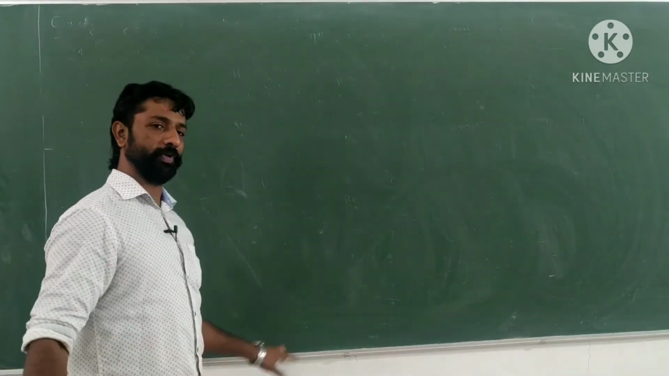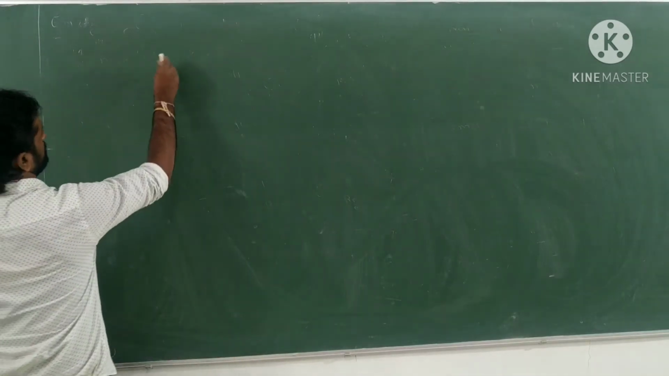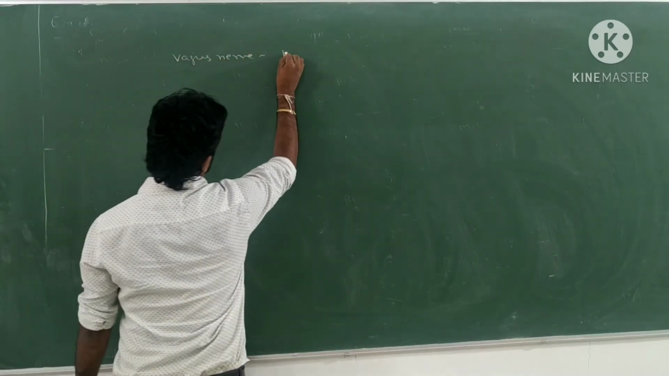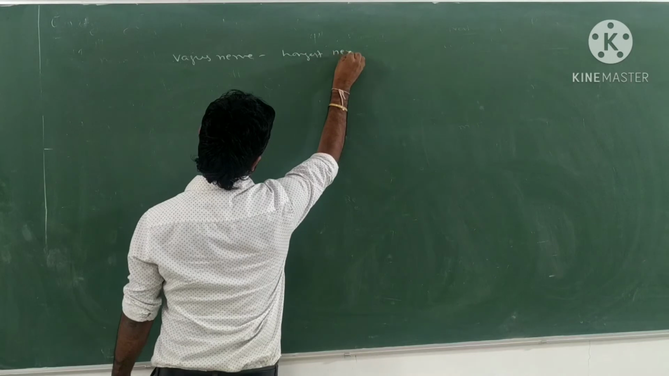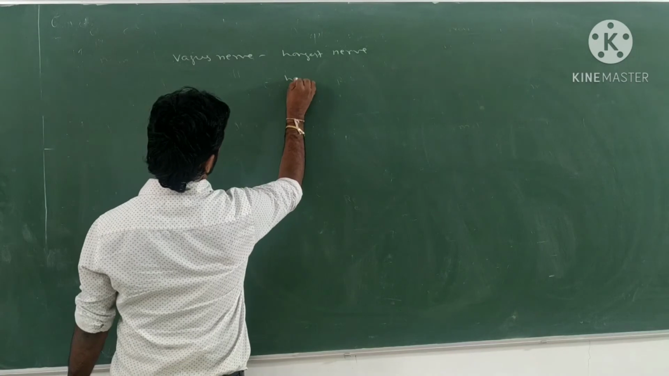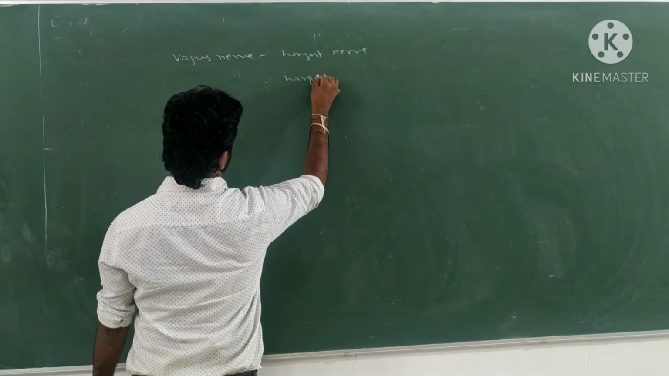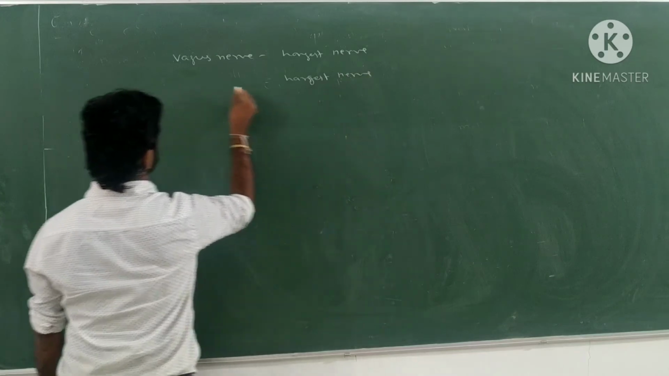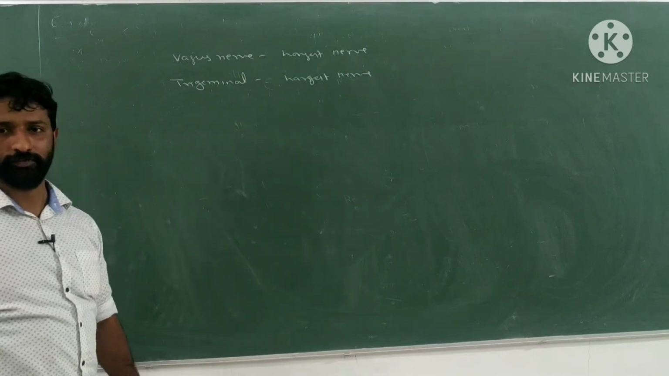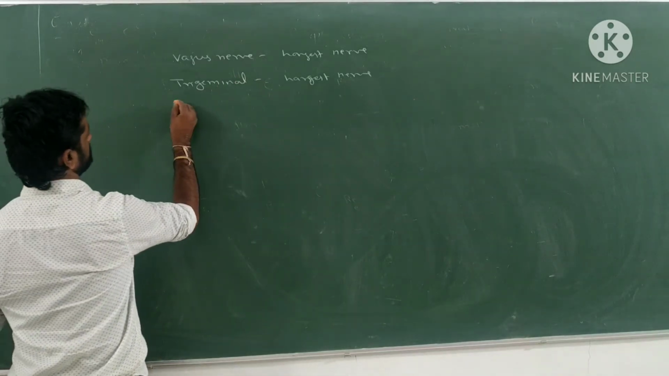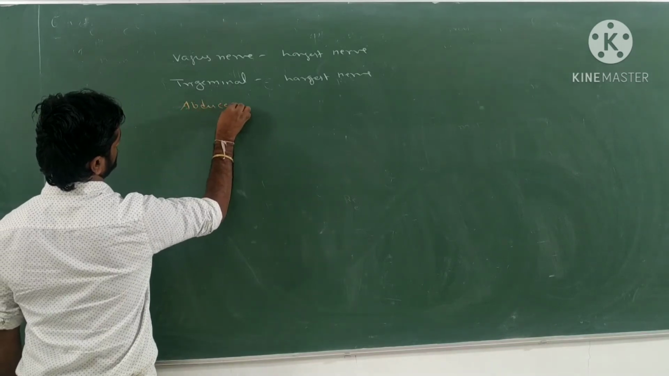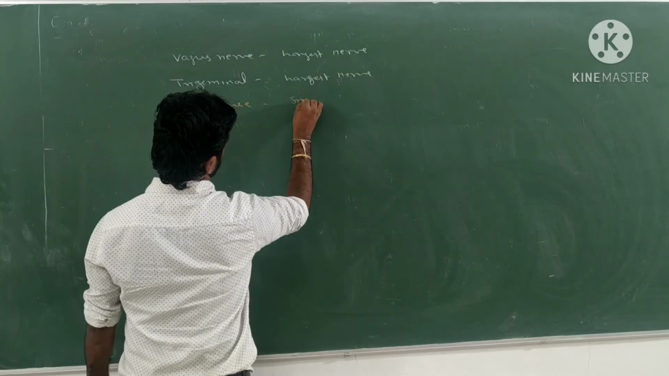It innervates almost all parts of the body, right? So only this vagus nerve is the longest nerve in the human body. What about the largest nerve then? Longest is different and largest is different. The largest one is trigeminal. Smallest one is abducens, the smallest cranial nerve,